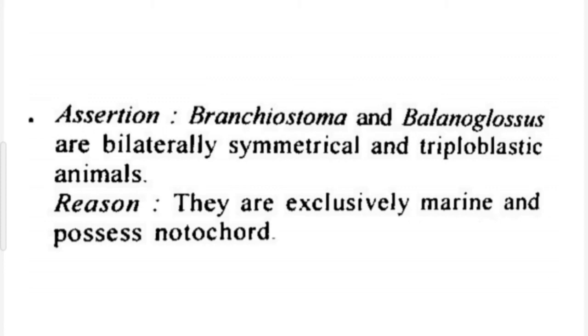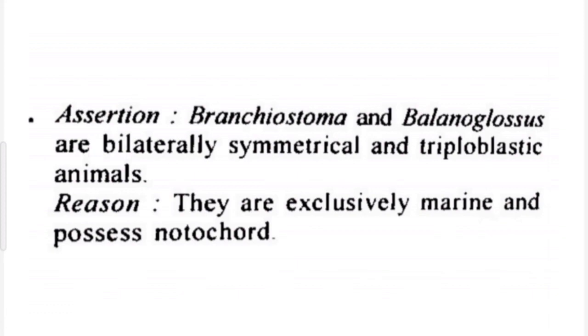Assertion: Branchiostoma and Balanoglossus are bilaterally symmetrical and triploblastic animals. Reason: They are exclusively marine and possess notochord. Right answer is option C, if assertion is true but reason is false. That is, both Balanoglossus and Branchiostoma are bilaterally symmetrical and triploblastic animals. And Balanoglossus belongs to phylum Hemichordata and Branchiostoma belongs to phylum Cephalochordata. And both are marine animals, but Balanoglossus does not possess a notochord, while Branchiostoma, that is a chordate, possesses notochord